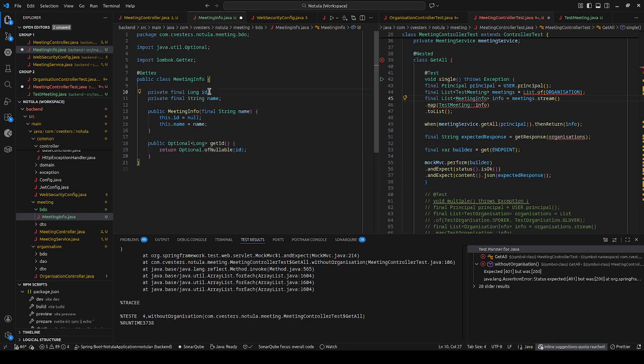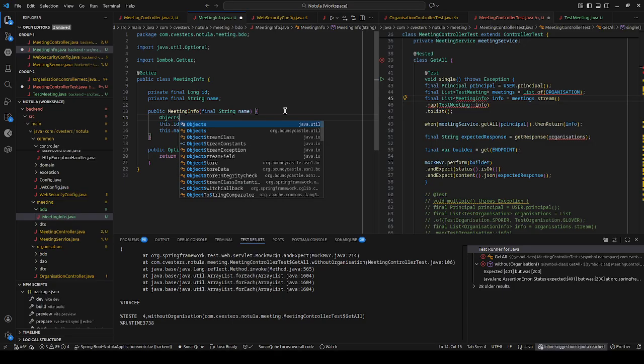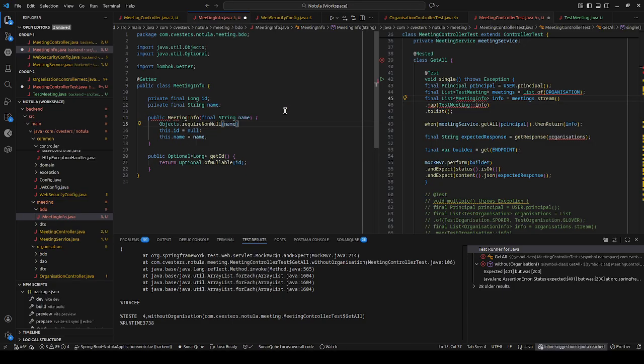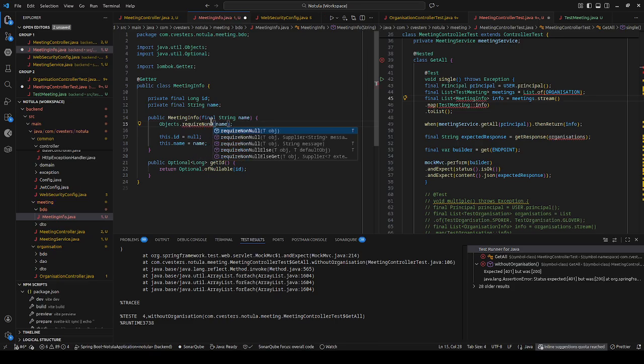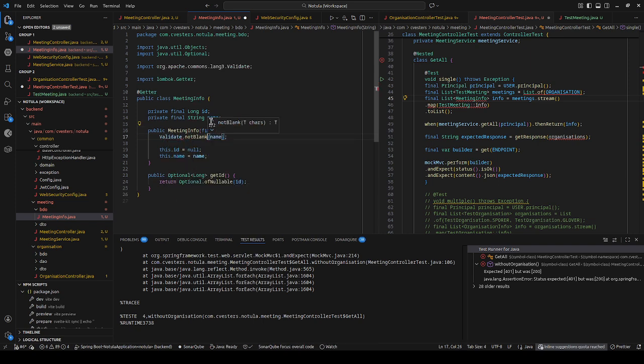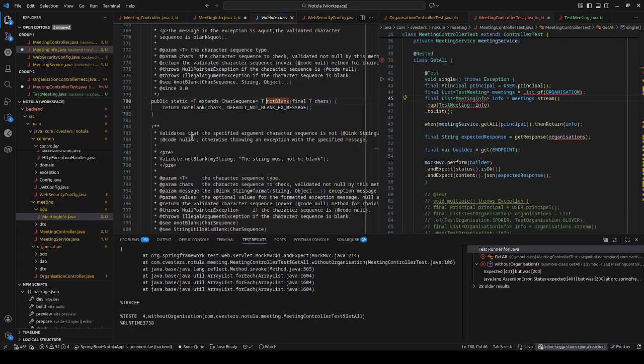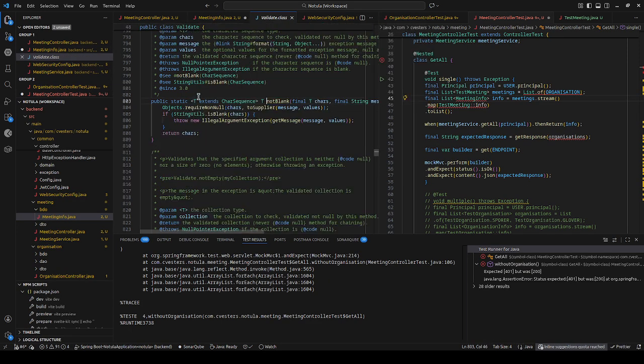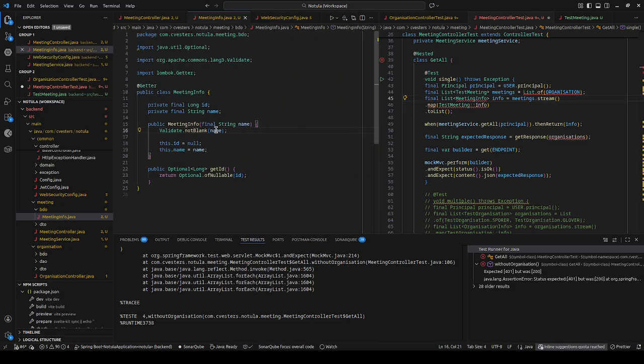And so that's how I typically handle nullability. Like if I know that this can be null, because I didn't check it. I should also do. Oh my god, I'm writing too much code. Actually, I should even say require non-blank. That's not Objects, that is Validate dot not blank. This also checks null. Require null. Yes. Okay. So since I don't check ID and ID can be null, I probably want to have